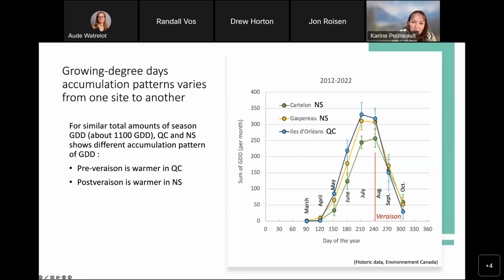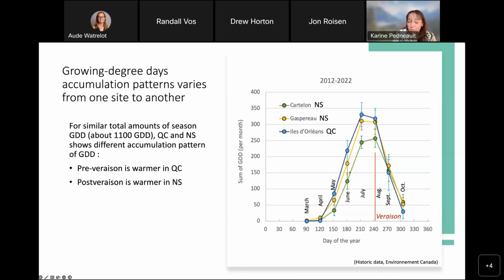So, for example, in these three sites that we have here, we have Orléans Island in Quebec, we have Gaspereau and Carleton, Nova Scotia. Those two sites in Nova Scotia are a little bit colder than Orléans Island in the very beginning of the season. So May, June, July, Orléans Island is warmer than those two sites. But look at this. In August, September, October, the Orléans Island site starts to be a little colder than the other two, you see. So there's really a shift